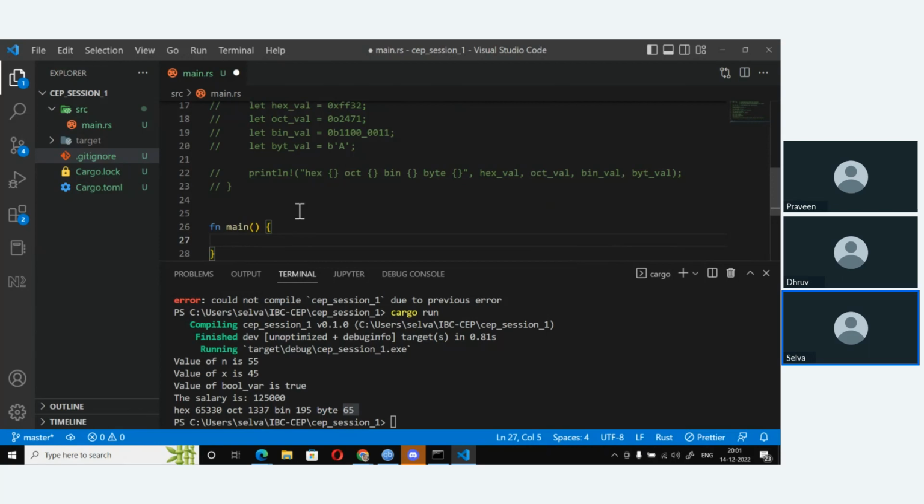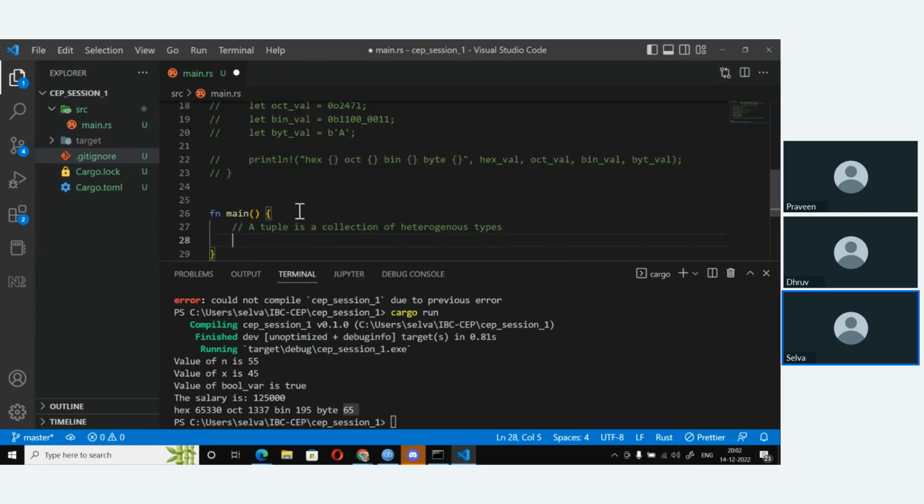Now, tuple types. When you want to create a tuple type, first understand what a tuple type is. A tuple is a collection of heterogeneous types. What does it mean?